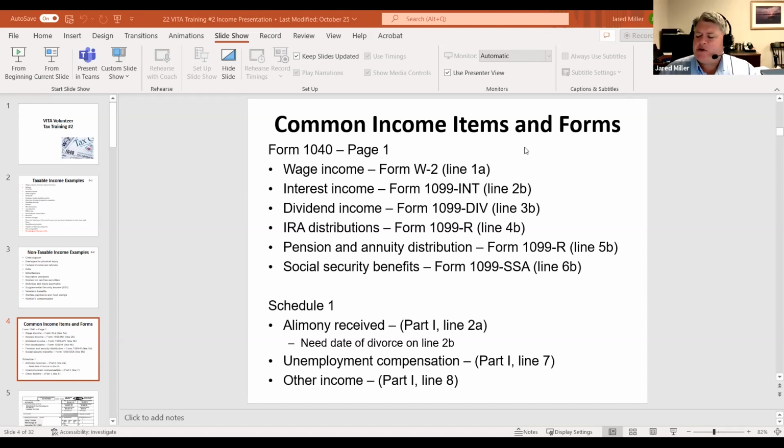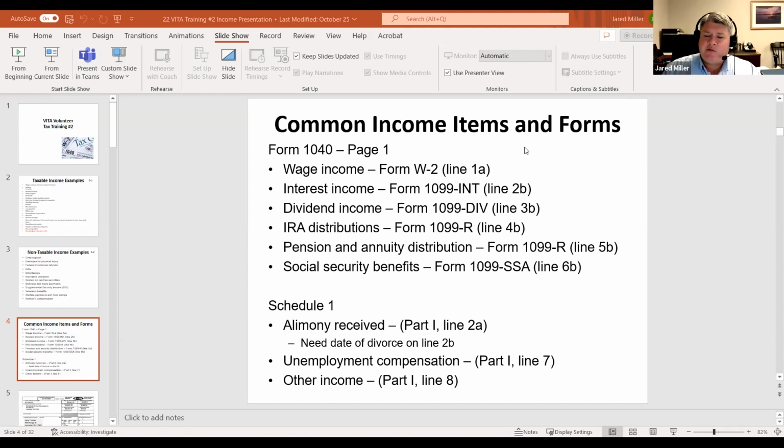Based on a couple other factors, including how much other income the taxpayer may have, that even includes any items from non-taxable sources, such as tax-exempt interest. A couple things on Schedule 1, which is really our other income, would be things like the alimony received. Again, typically, if we're having an individual pick up alimony income, they've been receiving that probably before 2018. So we should have the information available for us from prior year returns.